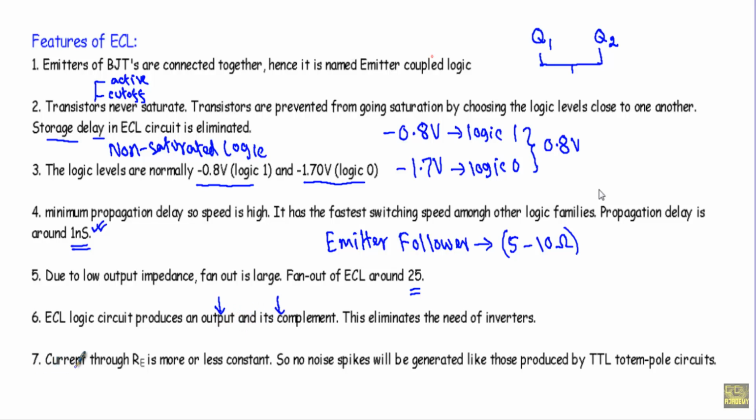And this is the last one. Current through RE is more or less constant, so no noise spikes will be generated like those produced in TTL totem pole circuit. In case of ECL logic circuit, you will see